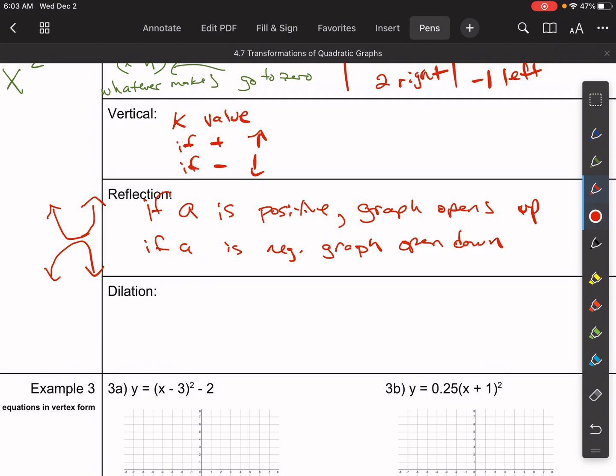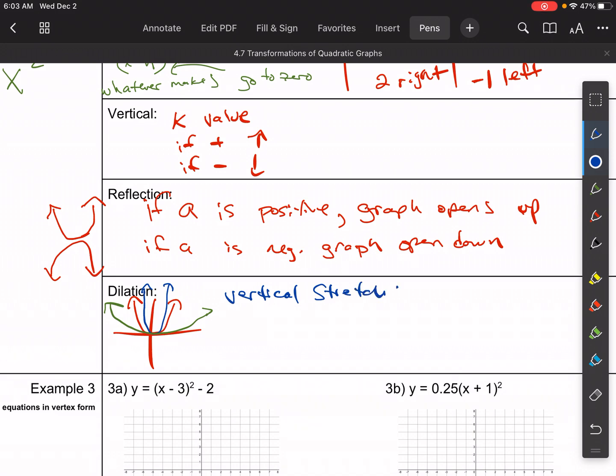So a dilation just changes graphs. Like if I have a parent function that looks like this, a dilation will either make that thing skinnier, or it'll make it fatter. Okay, so really quick, for the blue part there, if I want something vertically stretched, a vertical stretch